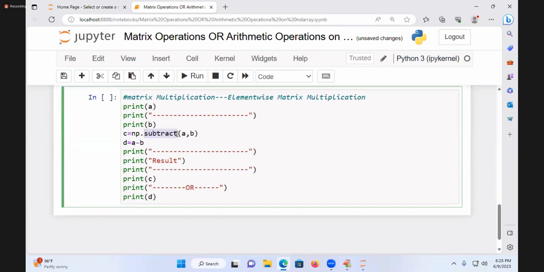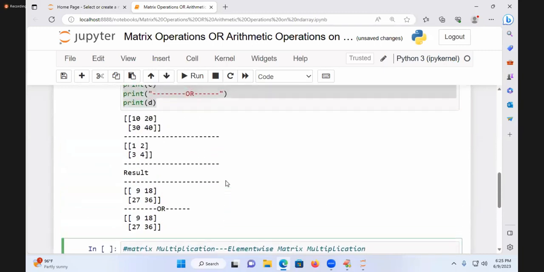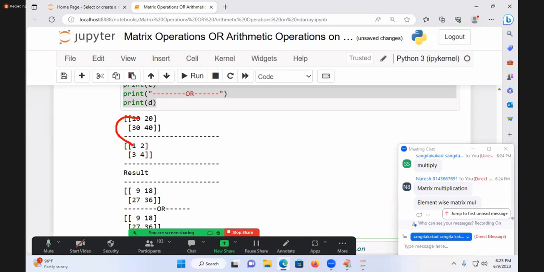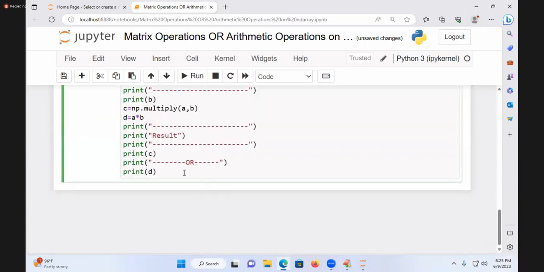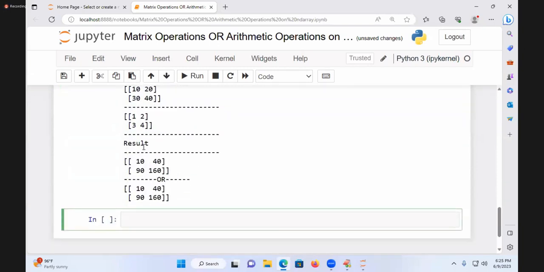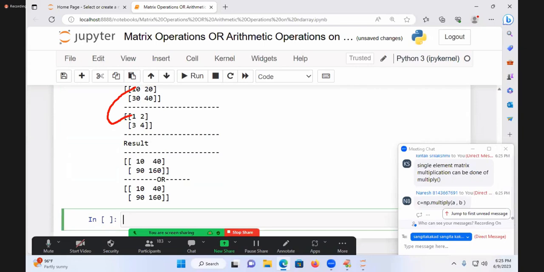Here I will write multiply. I can write star here, either this way or this way you can write it. Both of them give the same result. What is the matrix multiplication? 10 into 1, 20 into 2, 30 into 3, 40 into 4. Like that you can do it. See the result of it. Are you getting this? This is the result of